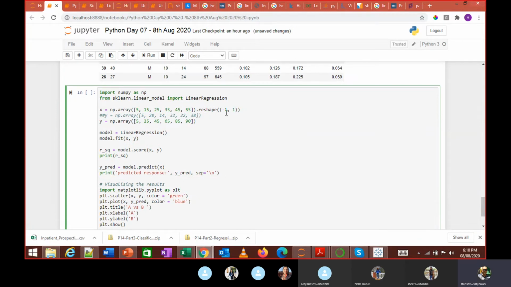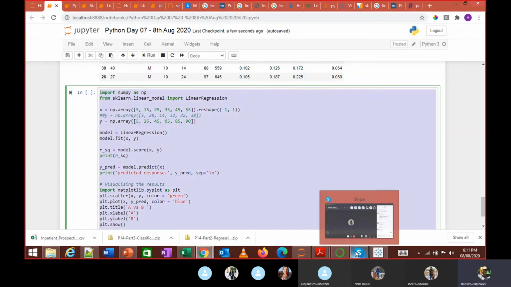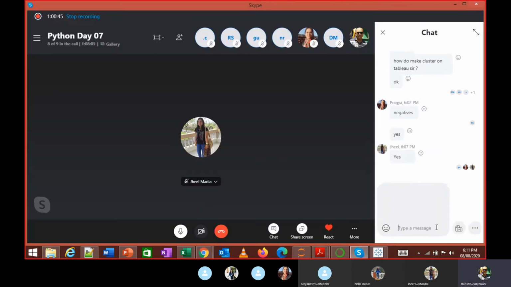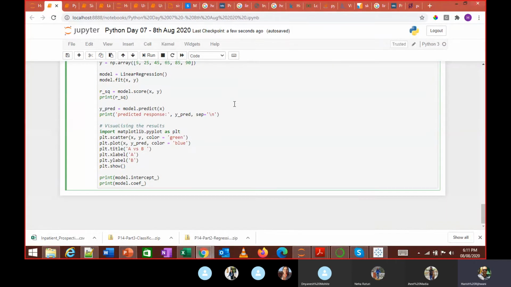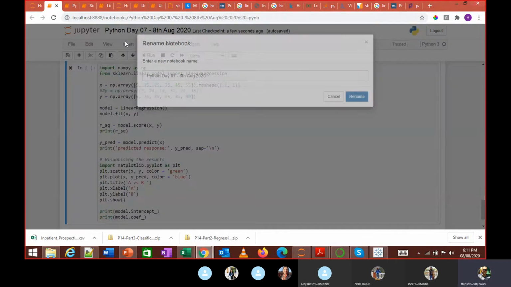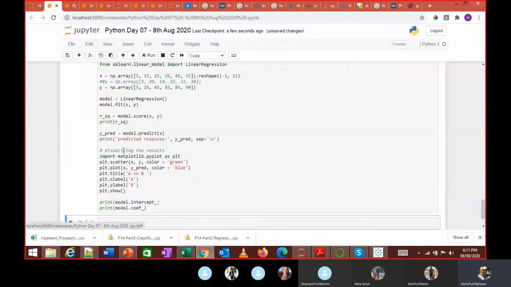Okay, so when you want to do linear regression in Python, you have a package called sklearn linear model, which you need to import. From this linear model, you need to import linear regression. That is the package. So I'm going to first give you this code. Then we'll look at it step by step. So the first step, insert a cell below.